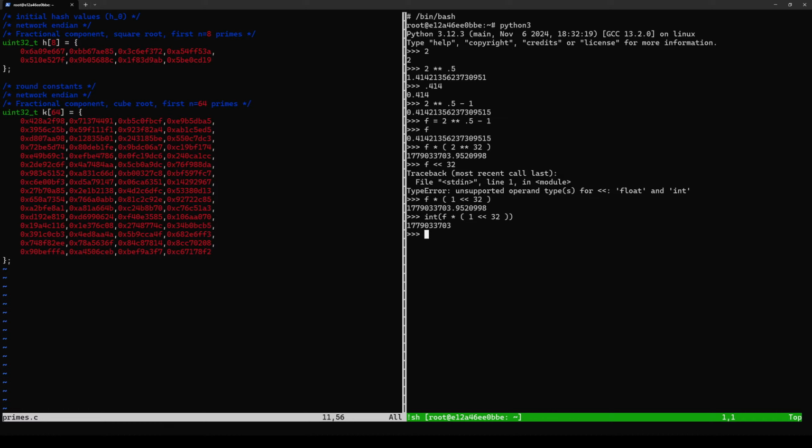So we have this integer value. This integer value represents the number over 2 to the 32nd that is the fractional component of the square root of 2. And then we can simply convert that to hex and see that we have 6A09E667, which is the same value on the left-hand side of the screen. We can do the same thing with